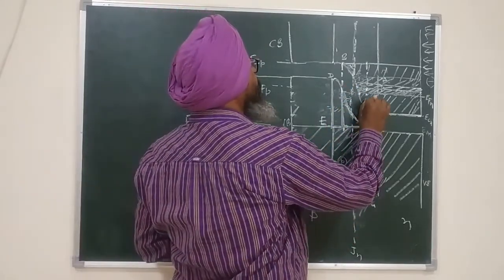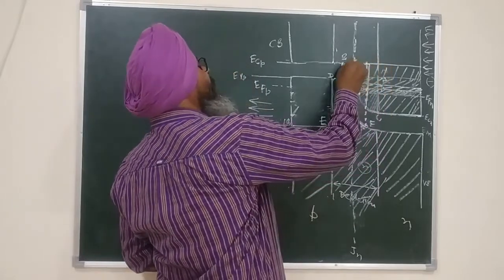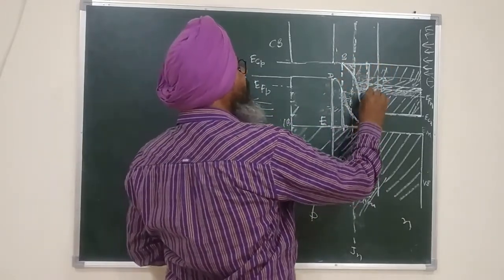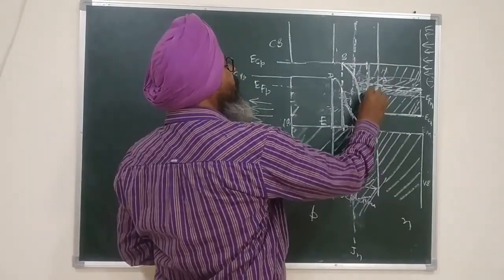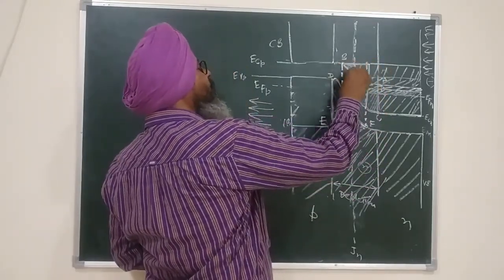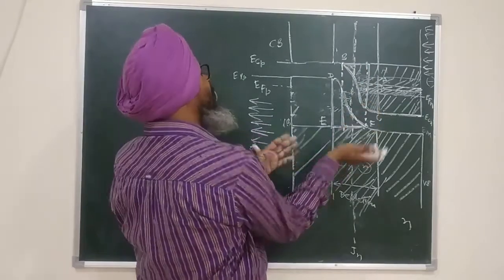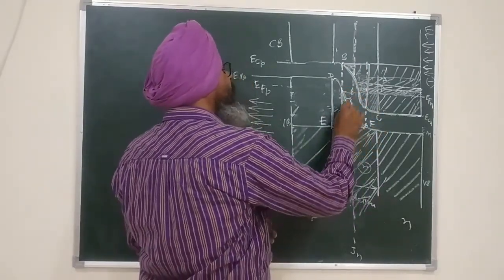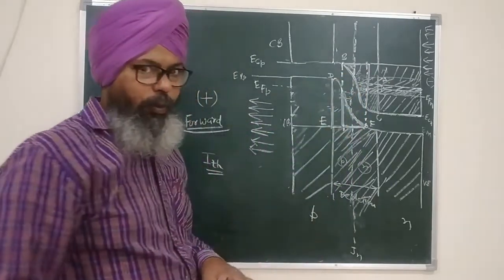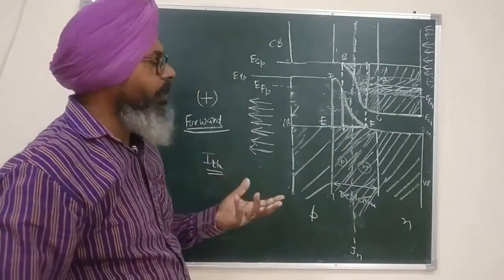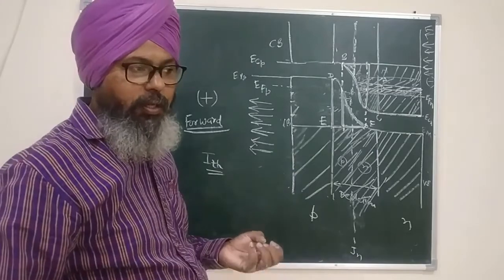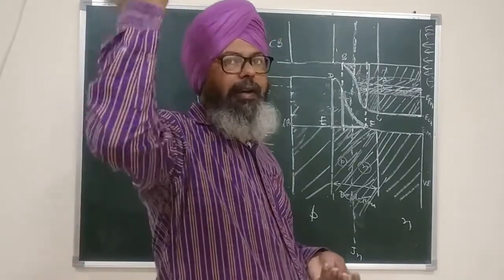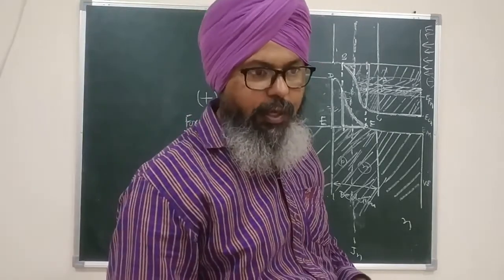And this region is totally filled, it is a part of the donor band, and it is above. Let me repeat it. This portion of ABC is filled with electrons and it is above, and this portion of DEF is empty and it is below. Now you have to appreciate that population inversion has happened, because in population inversion, higher levels are filled and lower levels are empty.